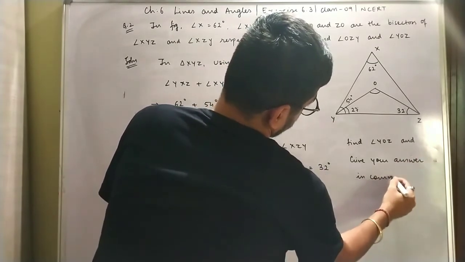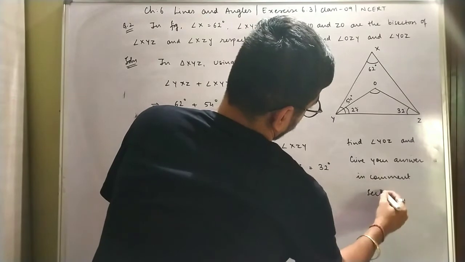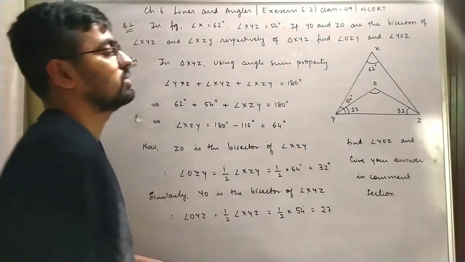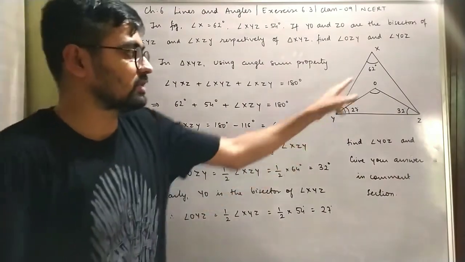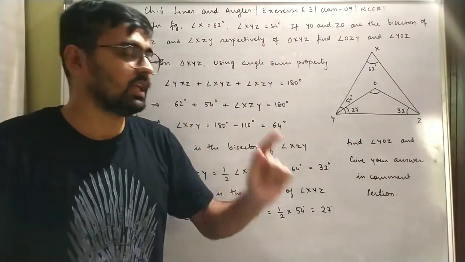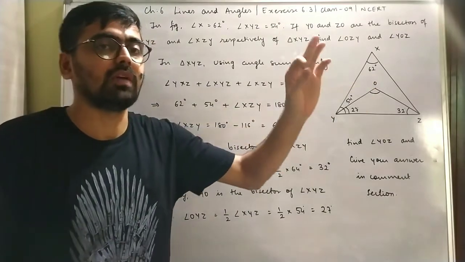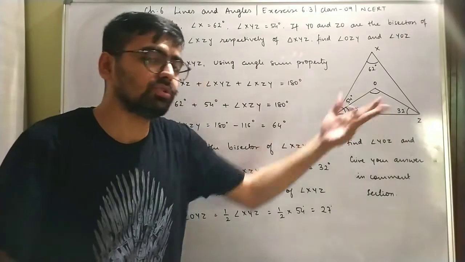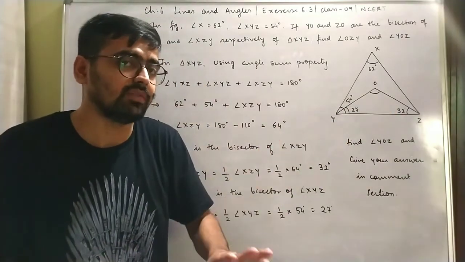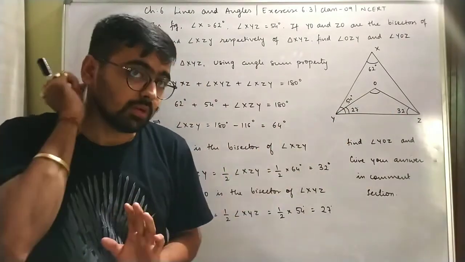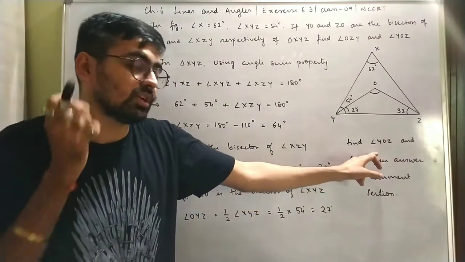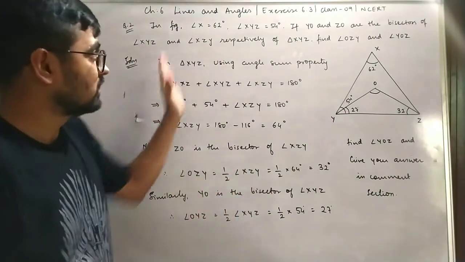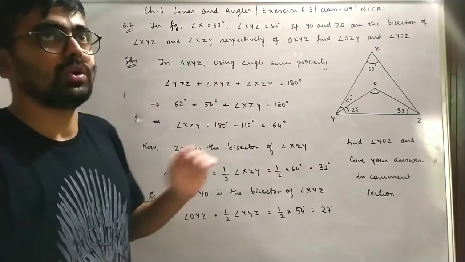in the comment section. Correct. How to do it? Directly, simply apply the angle sum property in triangle YOZ, and you will get the value of angle YOZ. Very simple, because we are already aware of these two angles. So in the triangle, if we know two angles, we can easily find the third angle with the help of angle sum property. So please give your answer of angle YOZ in the comment section. Am I clear? You can pause the video and note it down.